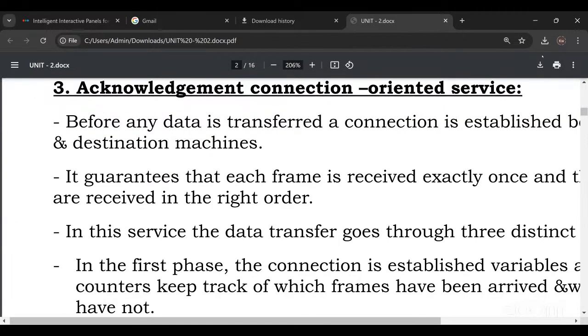The exact data is sent to the receiver, and the receiver gives an acknowledgement. That is called connection oriented. In connectionless, sometimes data will be lost due to noise or collision. Data will be lost in a particular media, and where the data is lost cannot be identified.